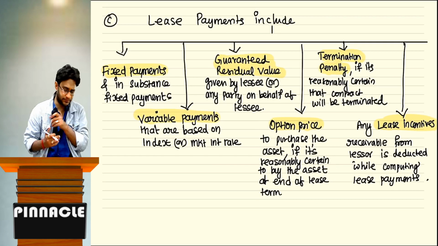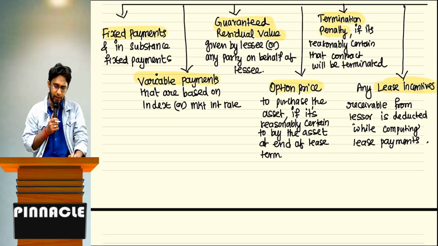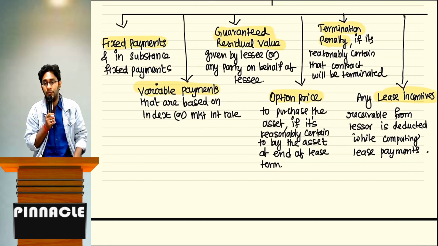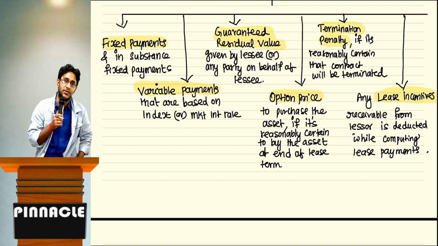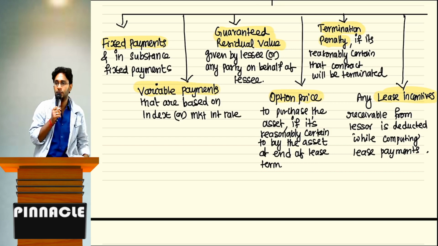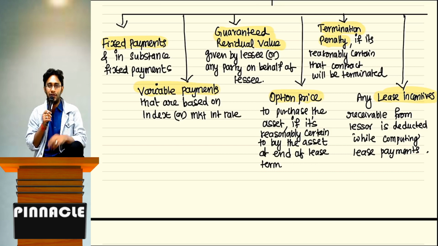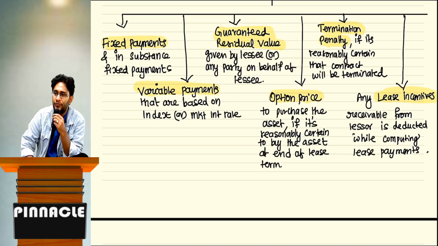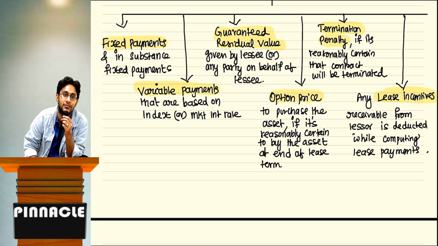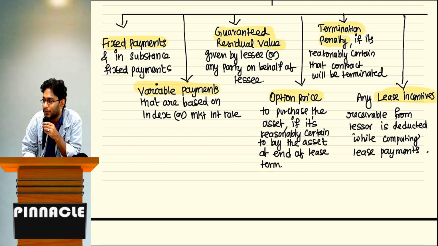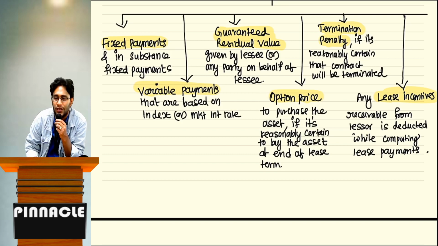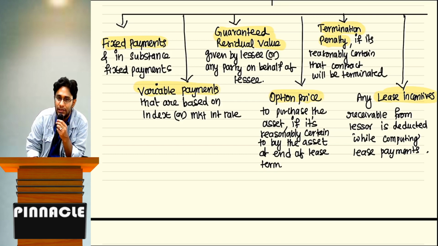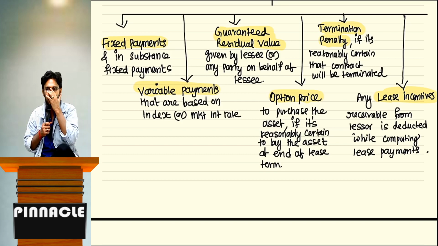Sir, in this, tell me, guaranteed residual value given by the lessee or any party on behalf of the lessee. Who is that any other party on behalf of the lessee? Whatever I write, you are copying nicely. Tell me, who is that anybody who will give a guarantee on my behalf? Bank? Group company. Broker can give a guarantee. Parent company can give a guarantee. These people, the parent company, the intermediary who has set up this deal, are capable of giving guarantees